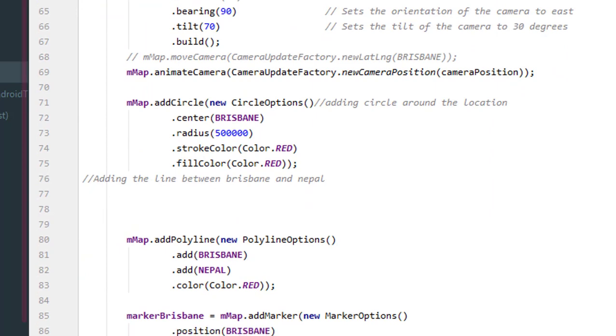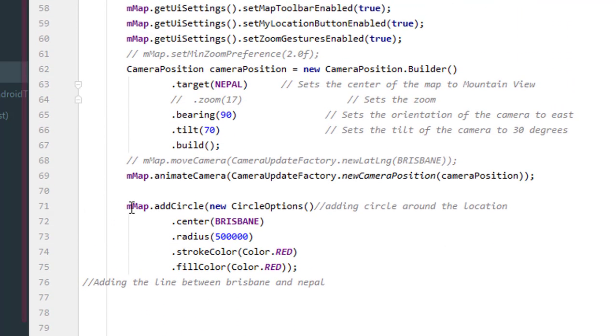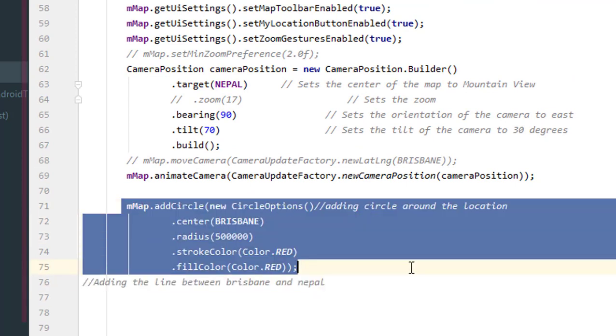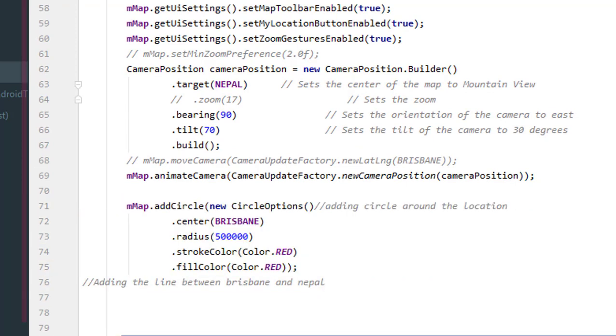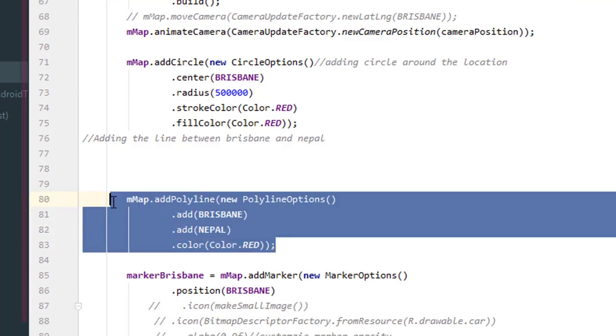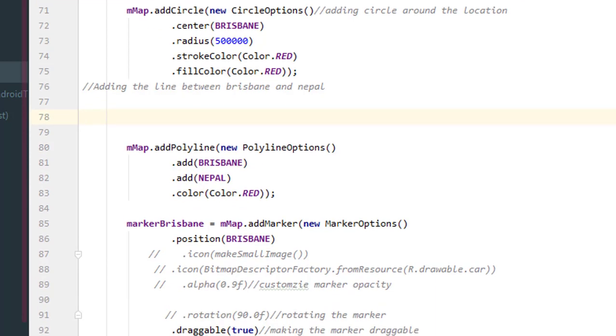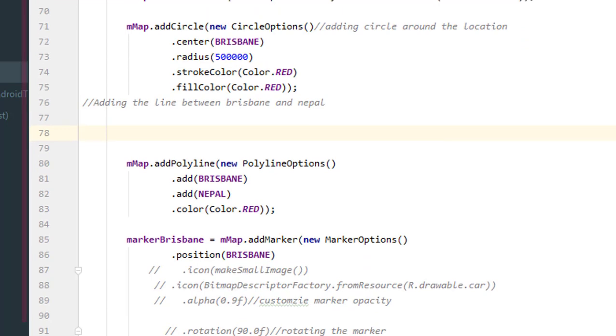Okay, similarly, we can add a circle around our map. We can add the lines, multiple lines. We'll see all of this in our next lecture. For now, we can set the features of the map using mMap dot and the method name. Okay, it's like simply we can say,